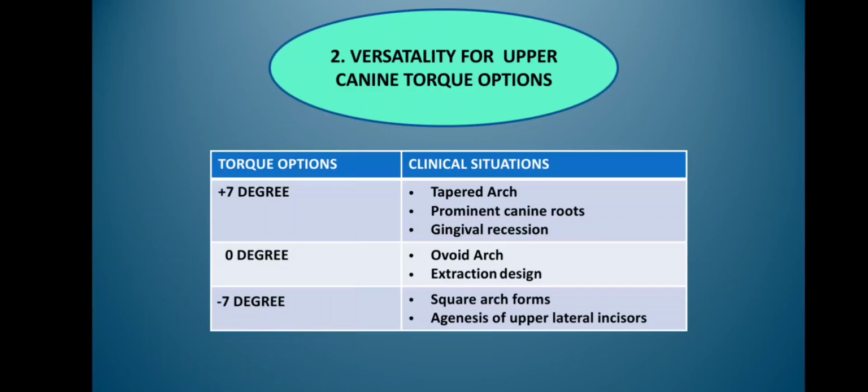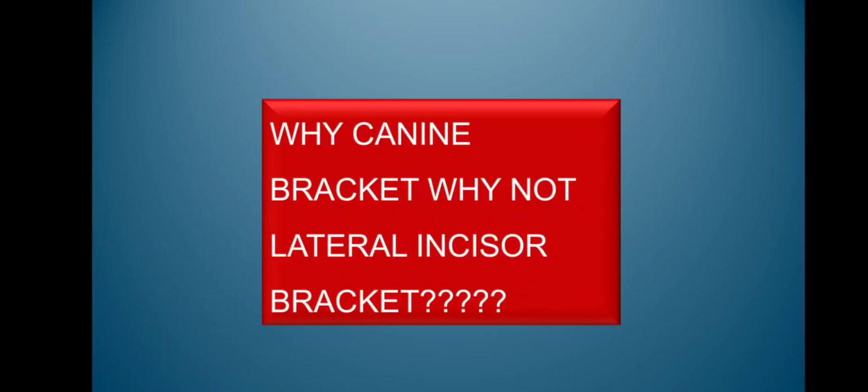Going in detail about agenesis of lateral incisor, this means one or both upper lateral incisors are missing, and a decision should be made to close space and bring canines mesially. Here a question arises, why canine bracket, why not lateral incisor bracket? It is because the lateral incisor bracket has increased in and out when placed, which causes trauma to lower lateral incisor. So, it is better to invert minus 7 degree upper canine bracket 180 degrees, thus changing the torque to plus